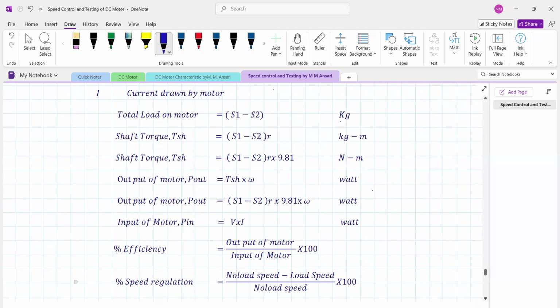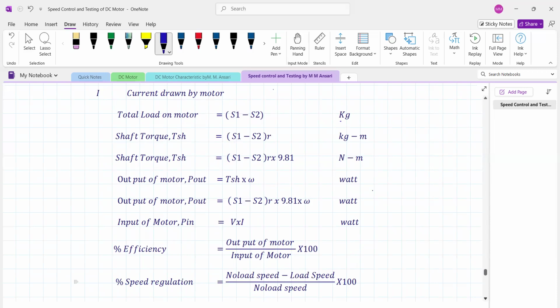Similarly, percentage speed regulation can be calculated, which is nothing but the percentage change in speed with respect to the load. So it is the no load speed minus load speed, divided by no load speed. So at any particular load condition, it is possible to calculate the efficiency as well as